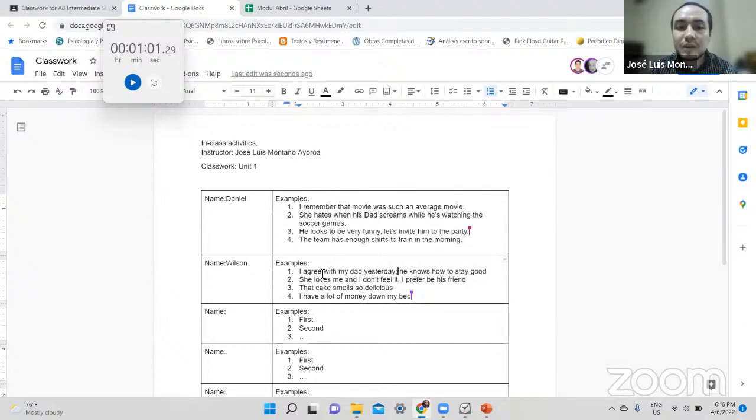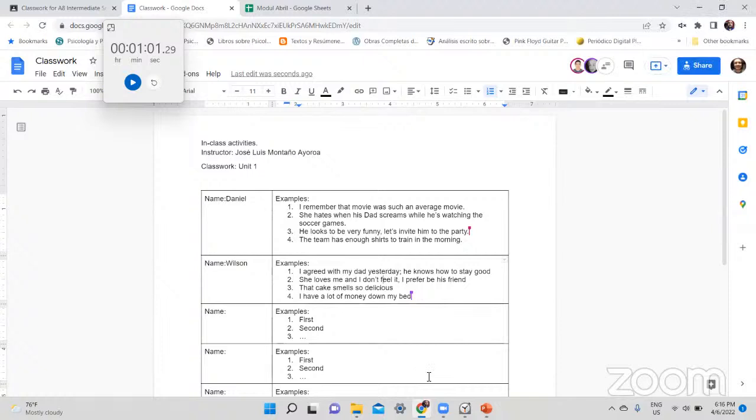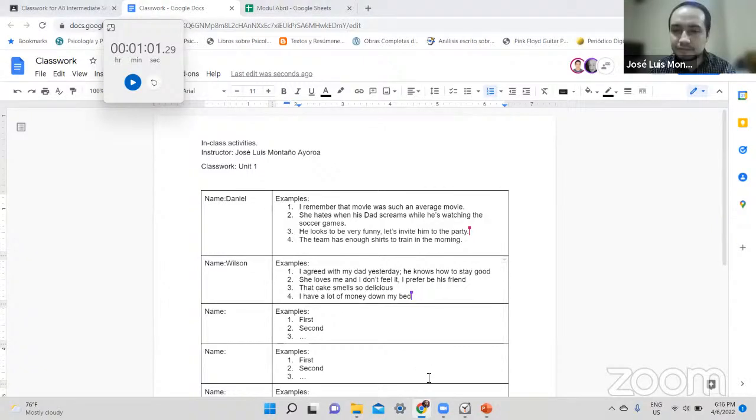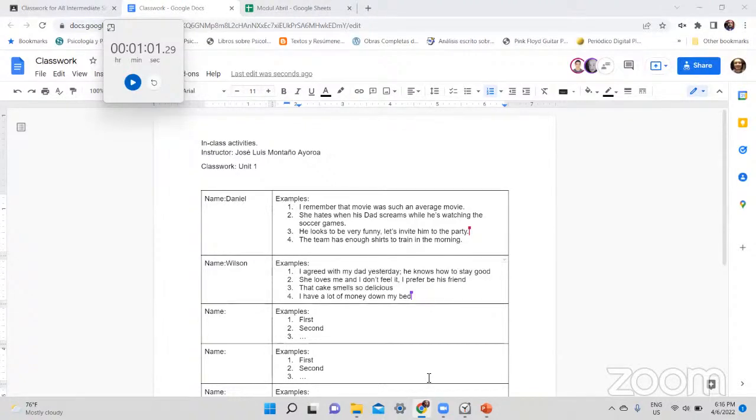So it's going to be, I agreed with my dad yesterday. He knows how to stay good. Now, in this one, what do you mean? Give me, please, a context. What do you mean with the stay good? In what way? In what sense? Stay good. After being angry in a difficult situation, he knows how to stay better, how to keep